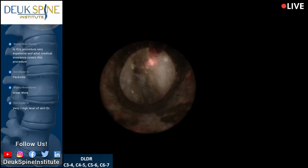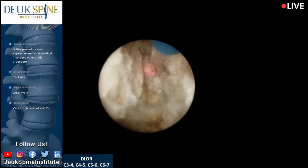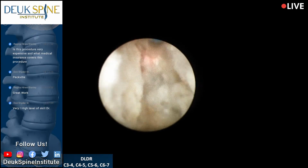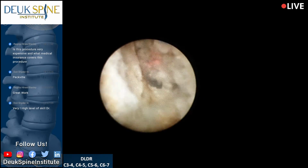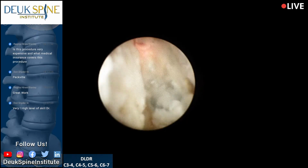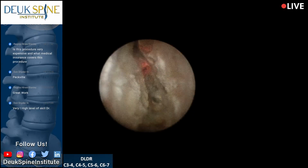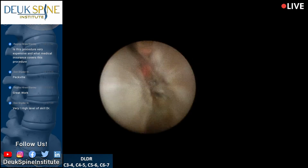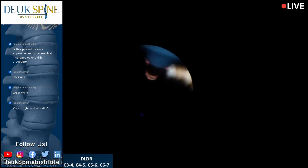The problem is insurance companies don't want to pay for anything. And so they refuse to pay for a lot of the newer technology that's out there, because newer technology is less invasive and it's more effective. And whenever you offer patients less invasive and more effective, they want it. So they go from not wanting a fusion to wanting laser surgery. And when that happens, they end up increasing something called utilization. And what utilization means is,